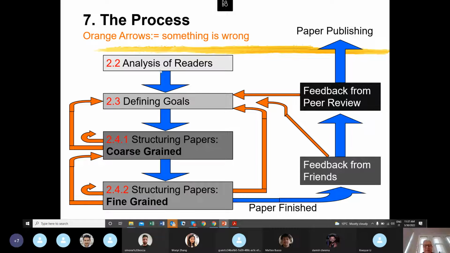going through this graph, this picture, you see the key point is really analyzing the readers. Analyzing the readers is something that most of you forget all the time. Who are the readers? The readers could be me. The readers could be your colleague at the university if you needed to explain something to them. The readers could be the reviewers. The readers could be the people who read your paper once accepted. But you must be very, very clear what your readers are, because once you have the readers, you really can